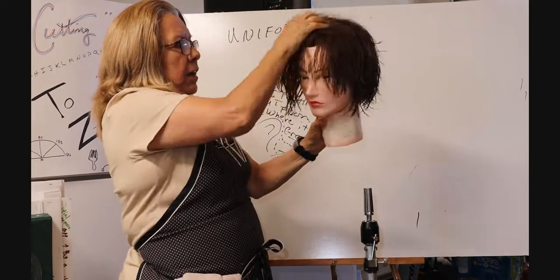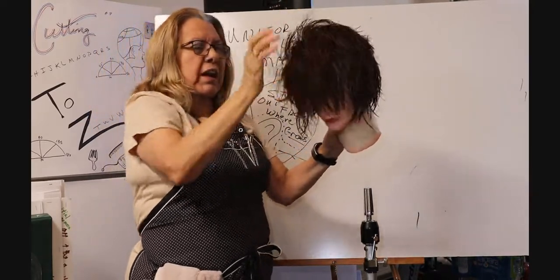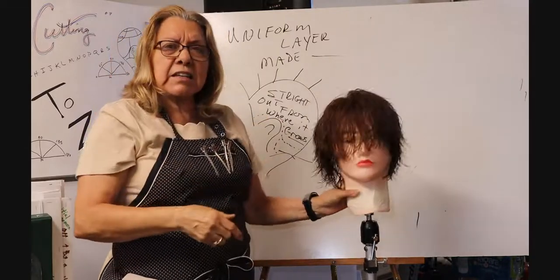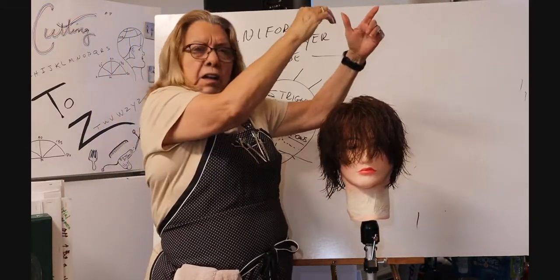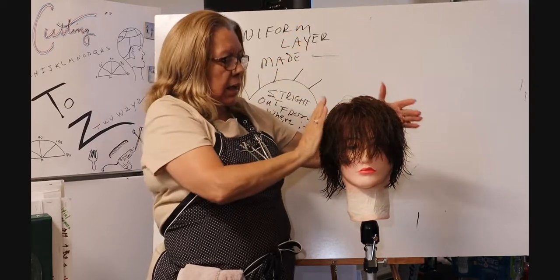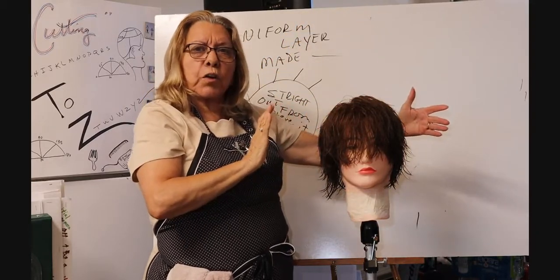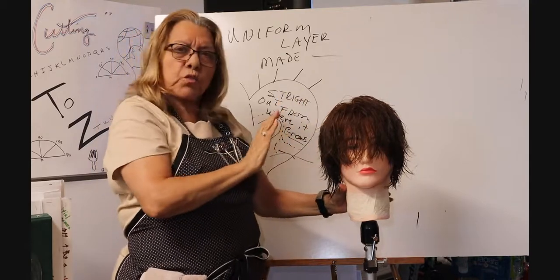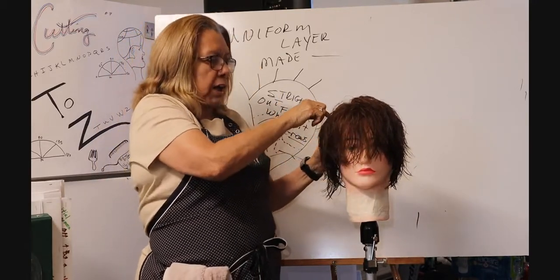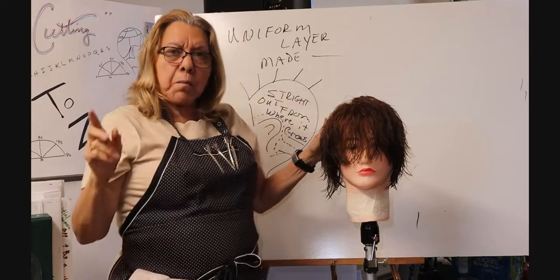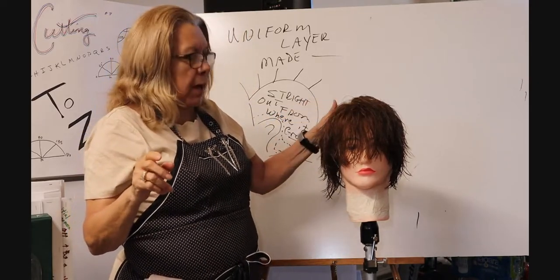All right? So this is a great haircut to do. This is the easiest way to do it: 0, 180 above the parietal line, and then you're going to get rid of the corner. Once you get rid of the corner, then you're going to ride your parietal line. Remember, front to back,